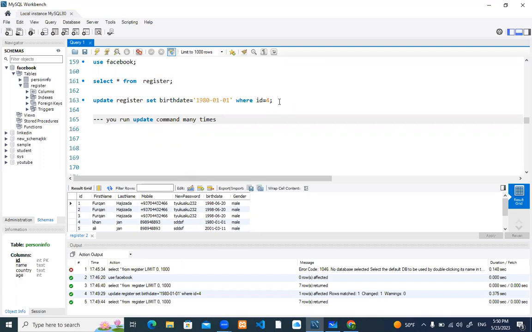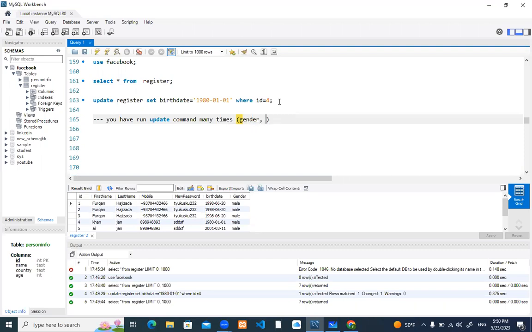I will ask randomly. All of you have to practice it. You have to run the update command many times, and you have to update it individually. Means I set birth date for you. You have to set which. You have to change the gender,